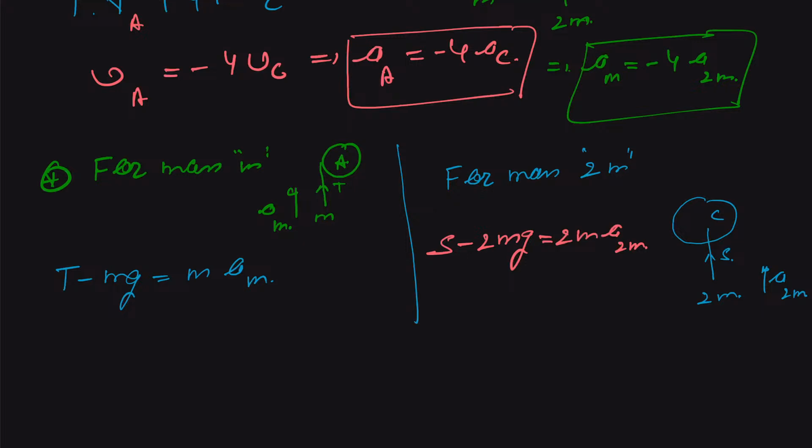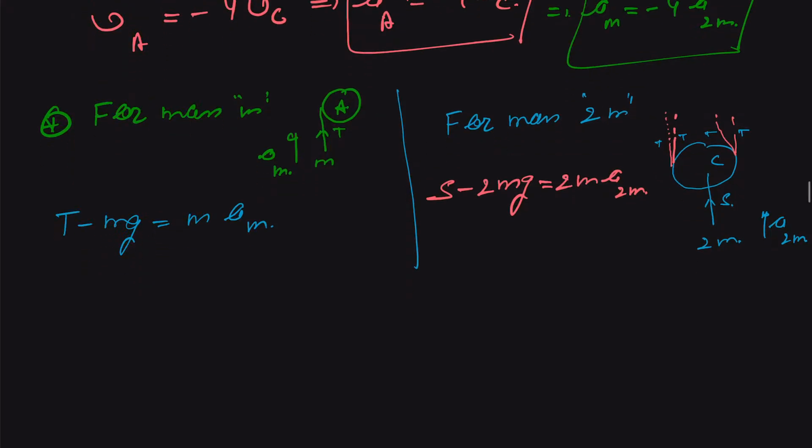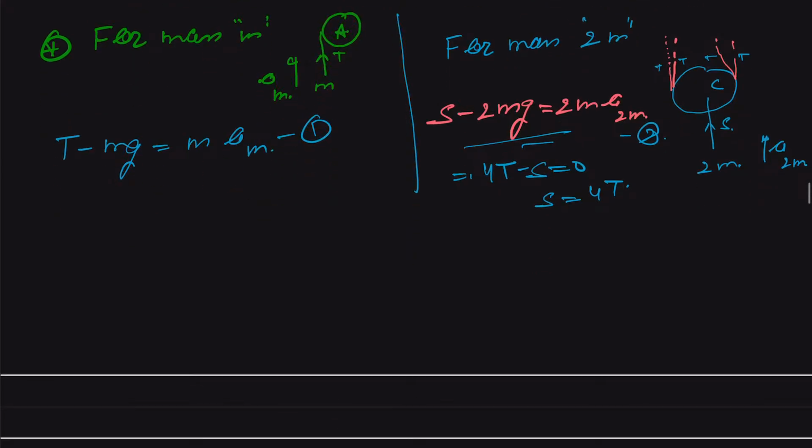And this pulley C is connected with the 4 strings, something like this, and all these strings are having a tension of T. So T, T and T. Therefore, from here we can say that 4T minus S will be equal to 0, or we can say S is equal to 4 times T. Let us put this as equation number 1, this is equation number 2, and this is equation number 3. So from equations 2 and 3,